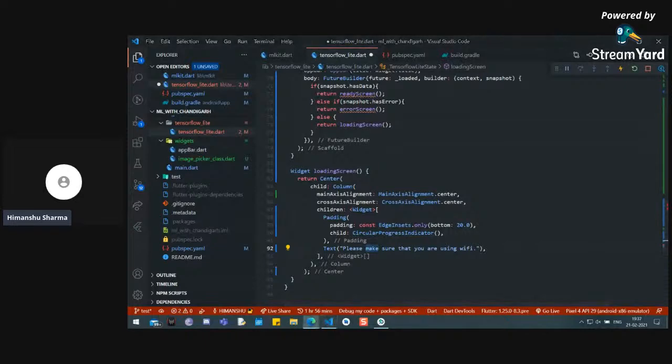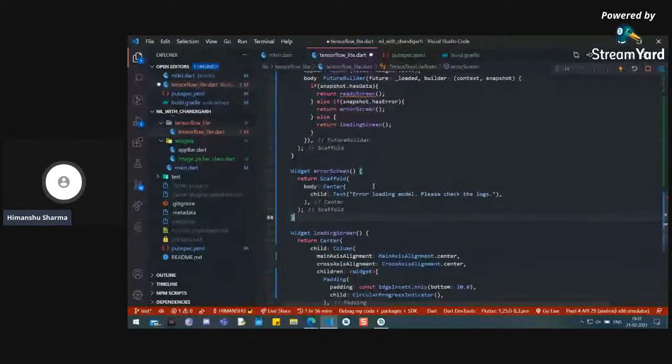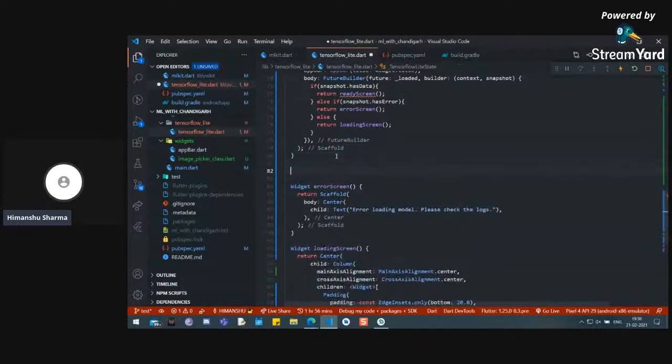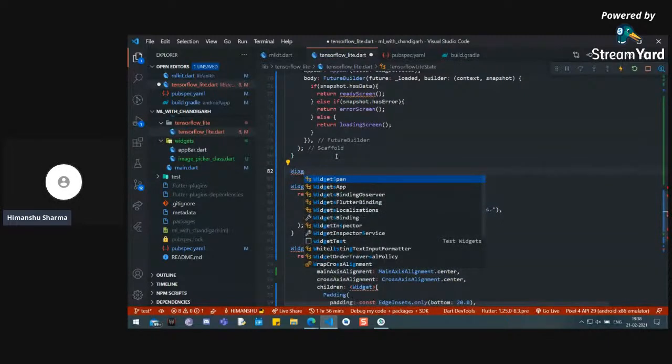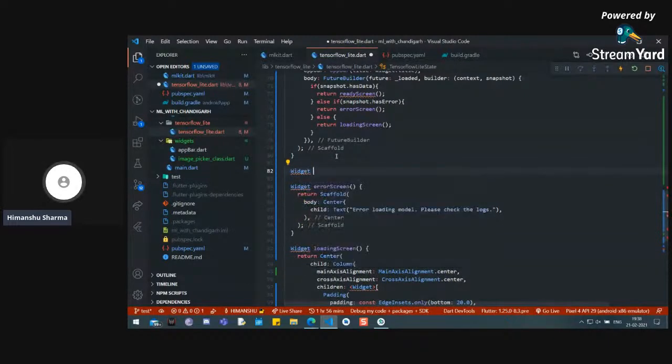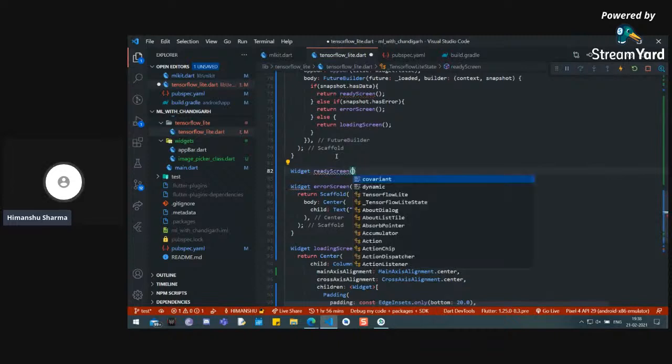So it is a loading screen, and the error screen is what screen? It will display the error. So yeah, now we need the ready screen. So what will the ready screen contain? The ready screen will contain the image picker and a button to use it to label the image. So inside the ready screen,